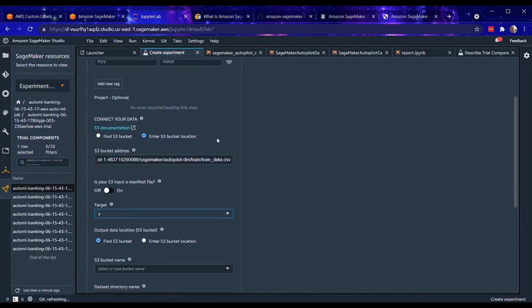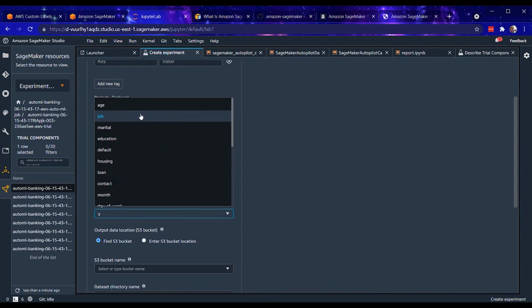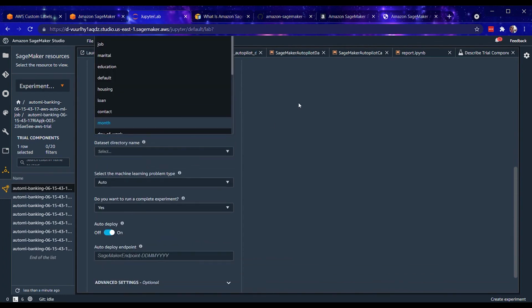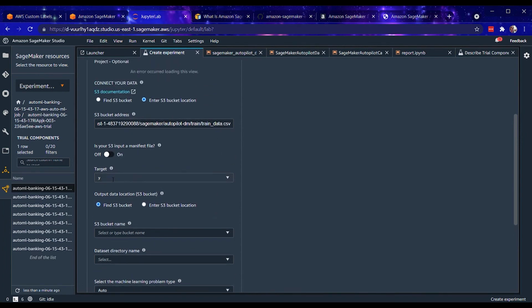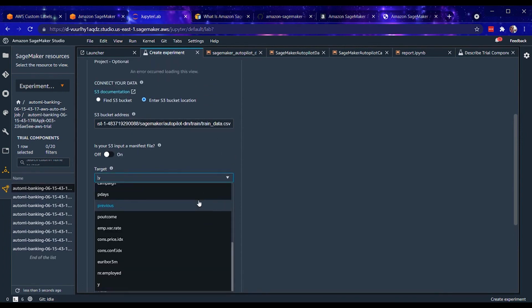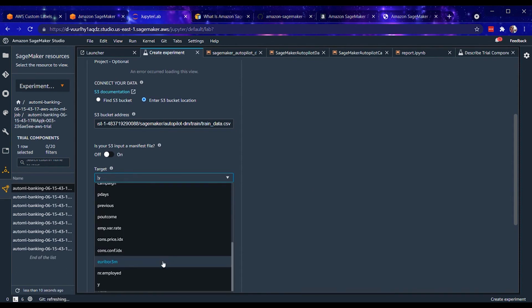So if you had your own data set, you'd want to make sure that you have the right target column, and this is actually reading from our CSV file. So whatever your data set looks like, whatever your columns are, this would match those, but just make sure that you call out the correct target column.